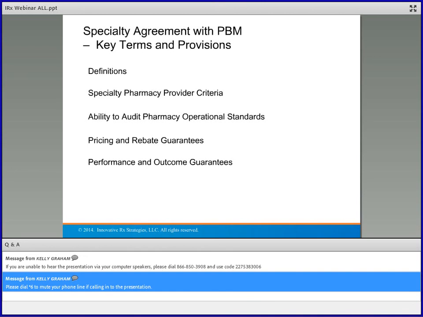If you're using an open specialty network, it's still contracted by the PBM, so you've got to make sure you have that in place. You've got to assess the clinical outcomes. That's really key to the whole thing. And then plan ahead for the new-to-market specialty drugs and biosimilars that are coming out. Be prepared for what's coming down the pike.